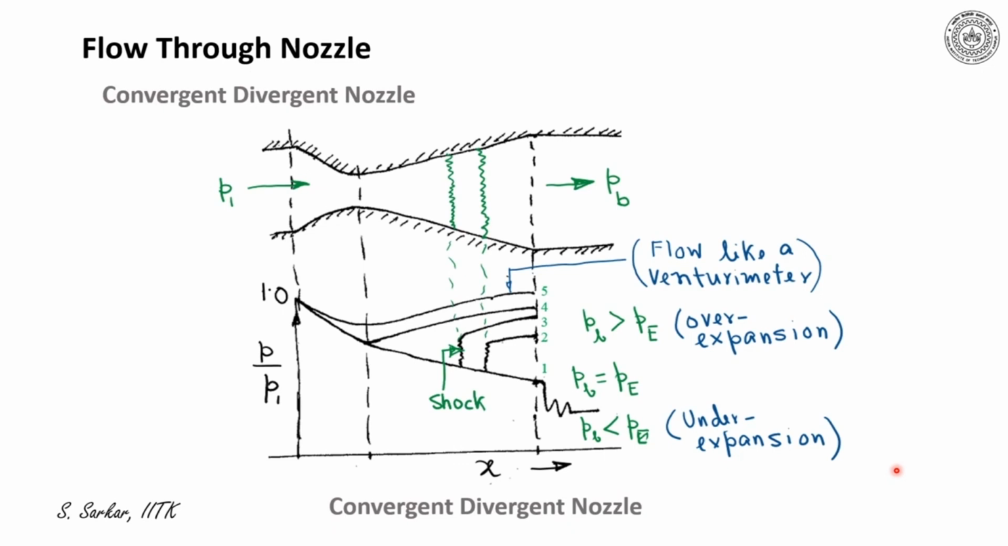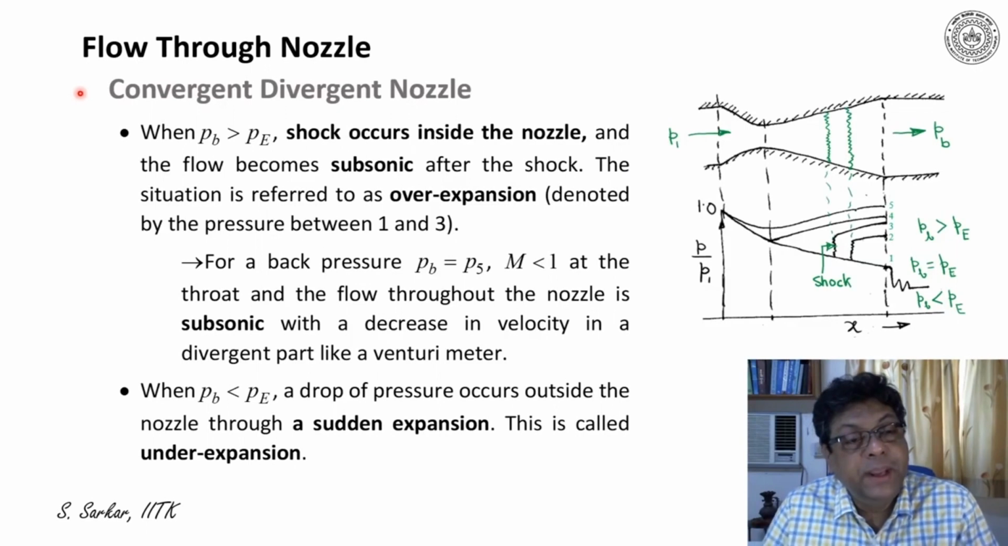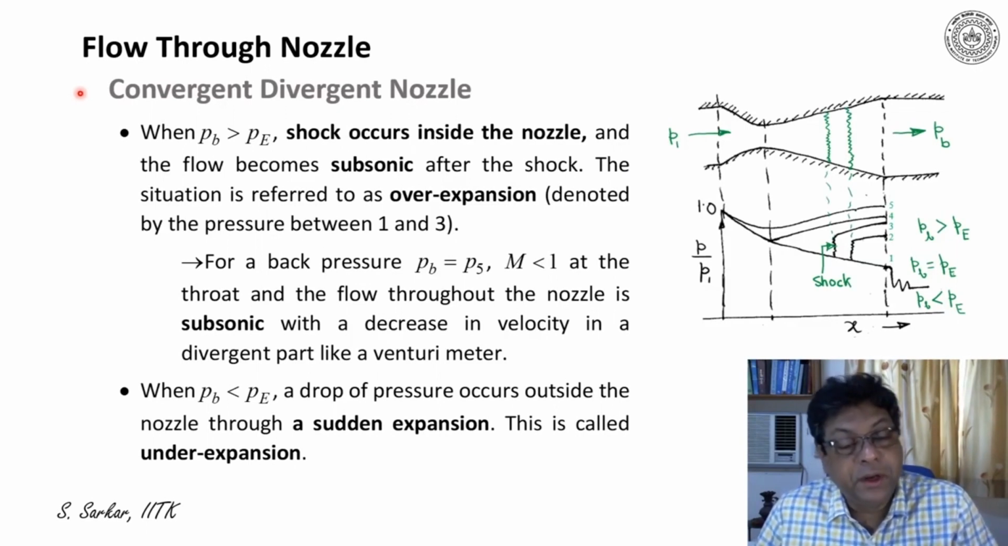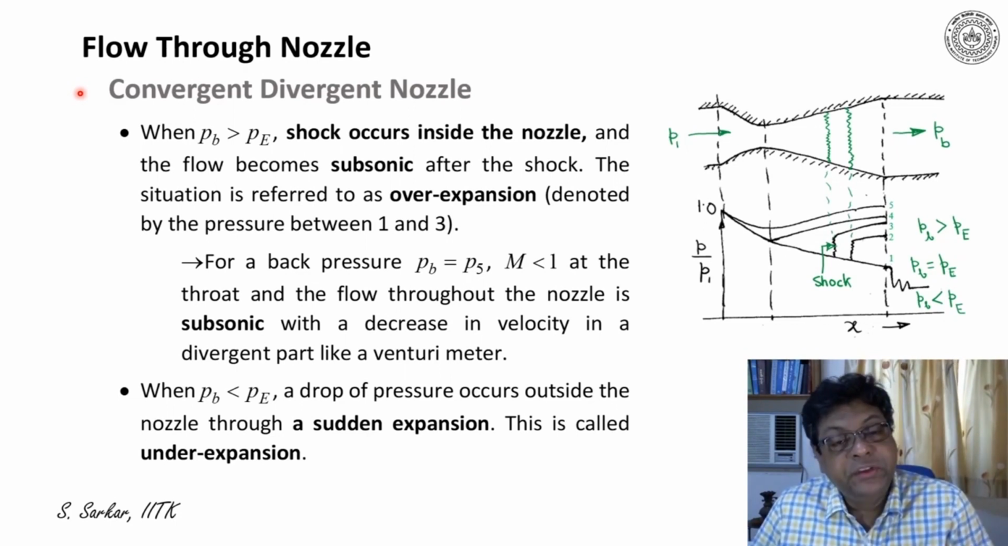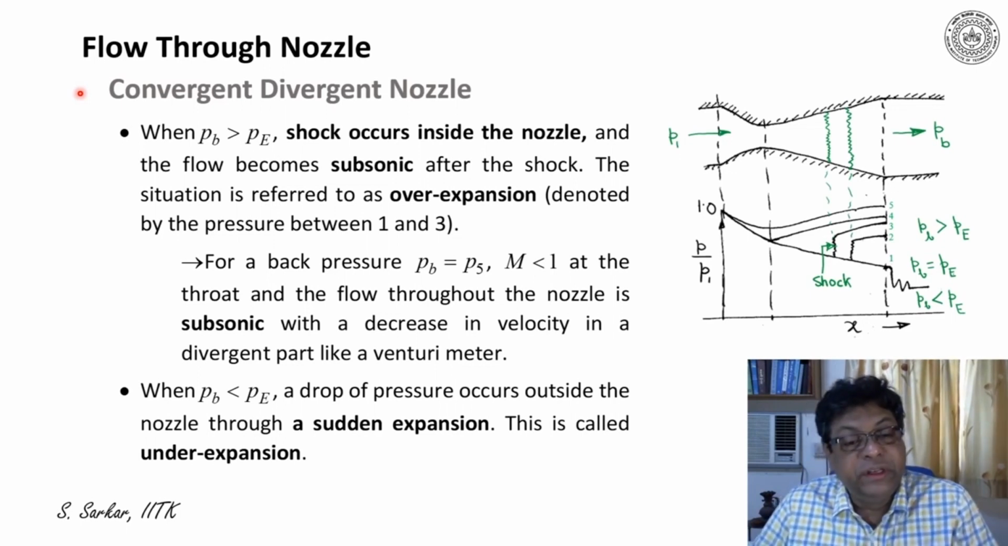And please note, when back pressure is greater than the design pressure, the shock may occur inside the nozzle. And please also note, when the back pressure is less than design pressure, there will be a drop of pressure outside the nozzle through expansion fans, which is called underexpansion. What I have explained earlier has been summarized here. When the back pressure is greater than the design exit pressure, shock occurs inside the nozzle and the flow becomes subsonic after the shock. The situation is referred to as